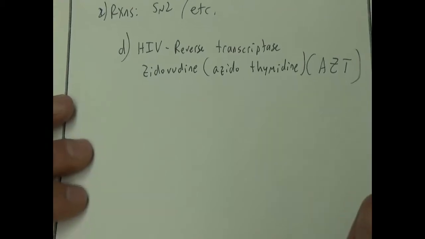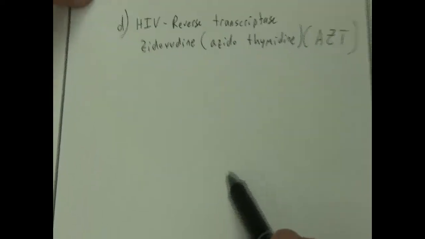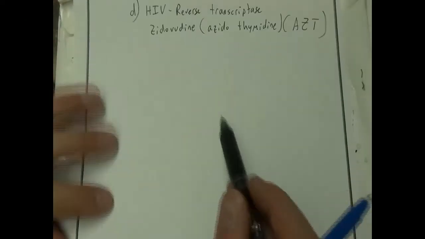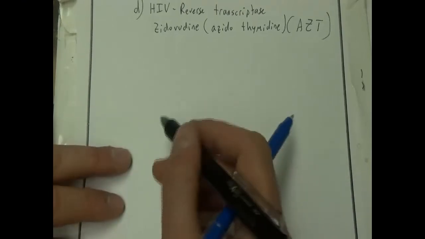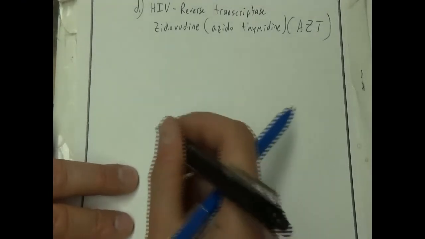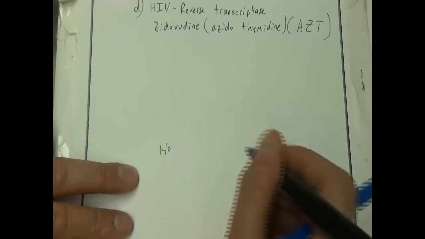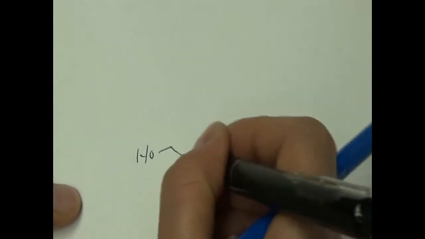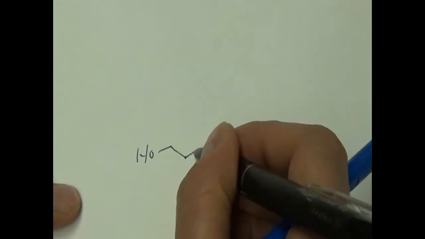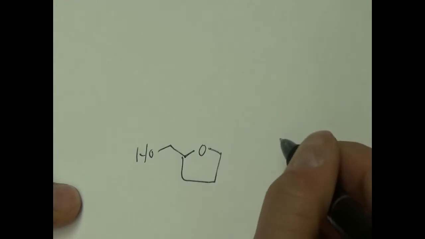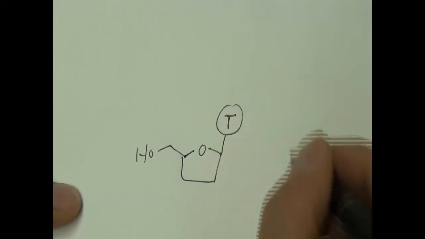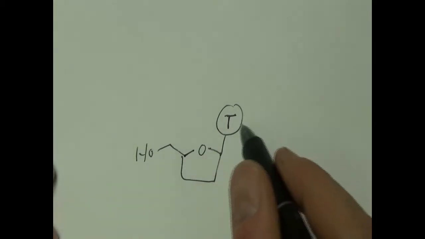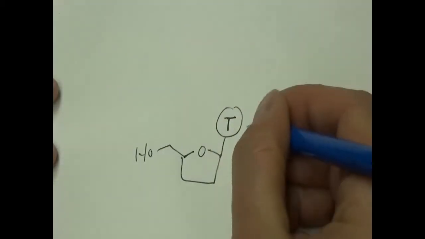So as a drug, I'm going to draw the structure of it, and then I'm going to show the synthesis of it. So the structure of AZT has an alcohol. It's a sugar, and T is thymine. I'll show the structure of that in a bit. Thymine,